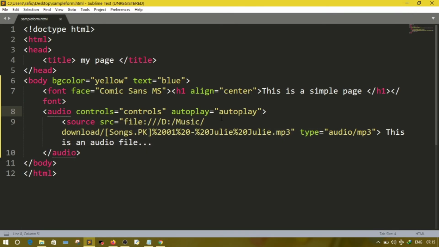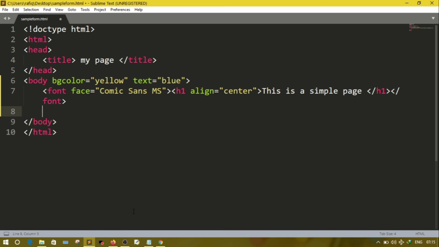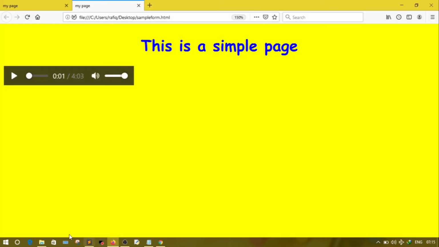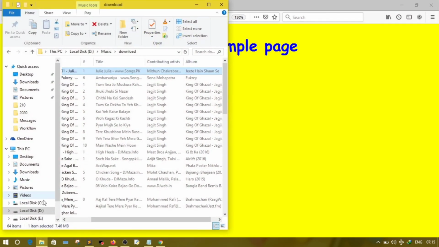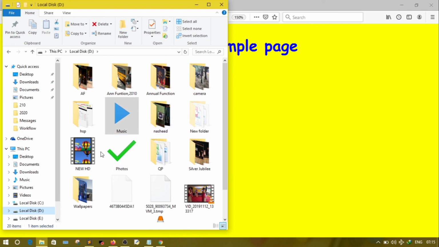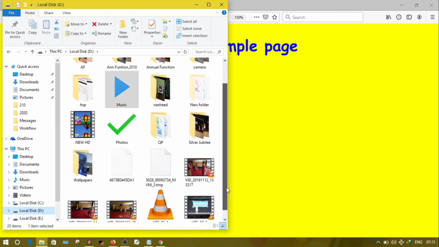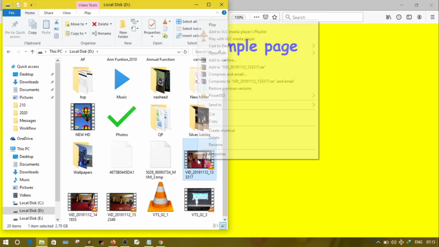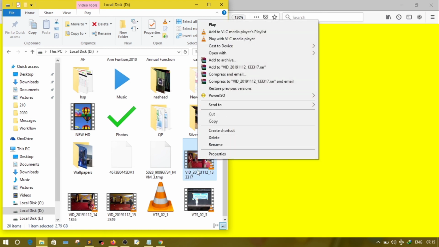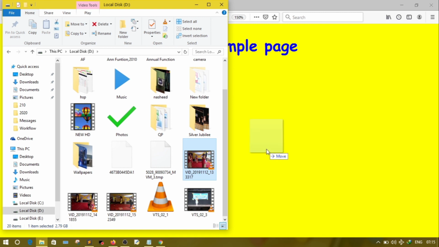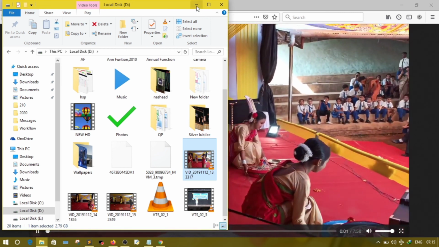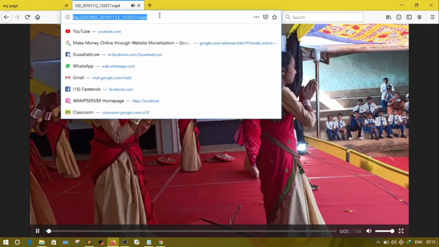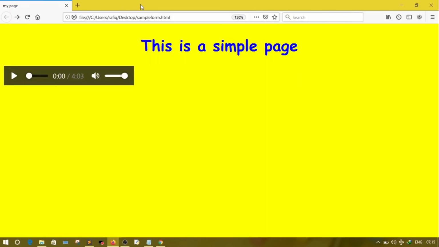Now let's have an example of the video tag. First we'll copy the address of a video. For that we'll go to our folder where we have saved videos. Suppose this one. We'll right click, or just drag the video onto the web page, and we'll copy the address. Now we'll go to the